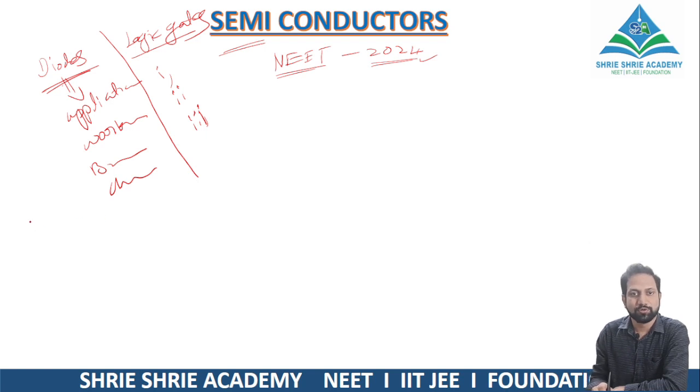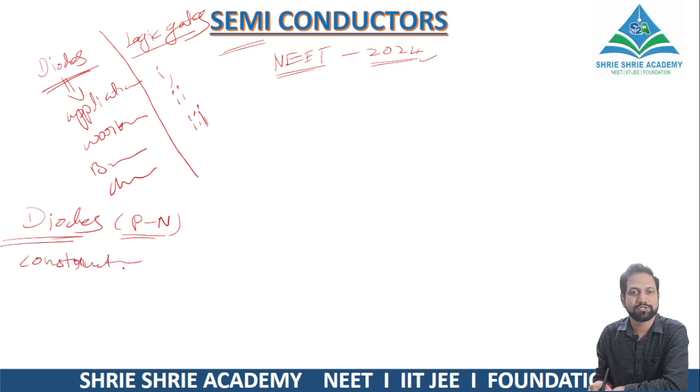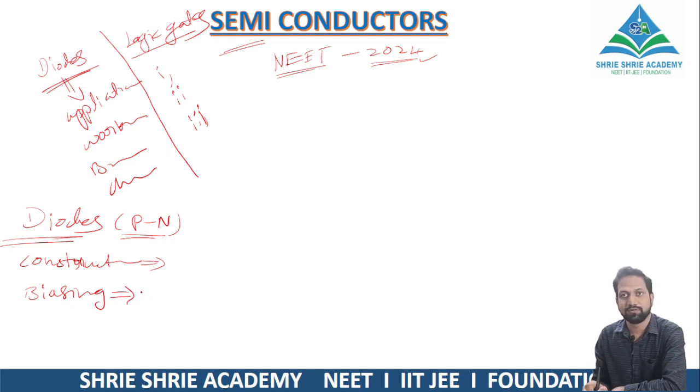So if you see the diodes first of all, it is also called PN junction diode. It will have first construction. How to construct it, that is construction. Next, biasing a diode. Of course, forward bias, reverse bias, when it is said to be in forward, when it is said to be in reverse, that biasing,